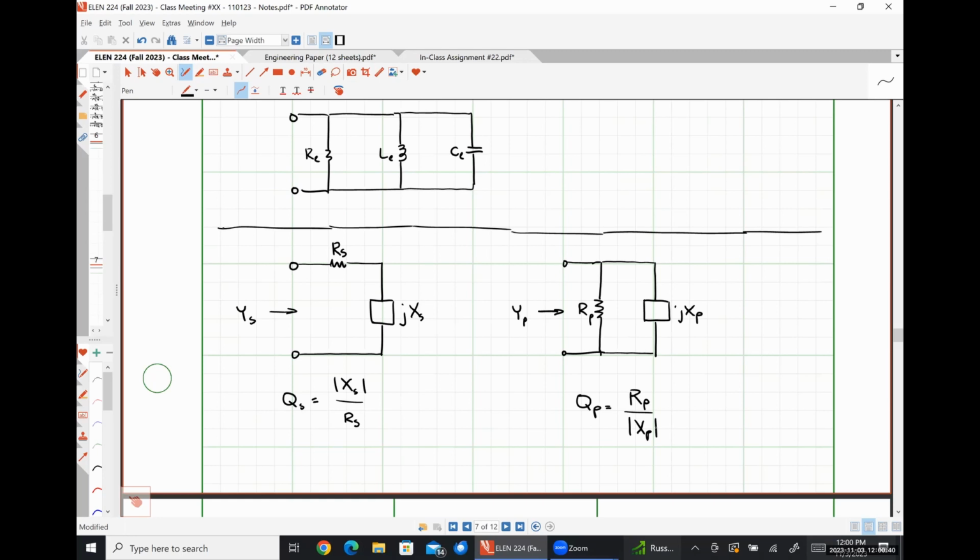You want to make this thing look like a short circuit. So whatever frequency causes this thing to, yes, and then this guy to look like an open circuit, and then you calculate your Q based on that. Because we're doing Q at resonance. All right. So under these constraints,